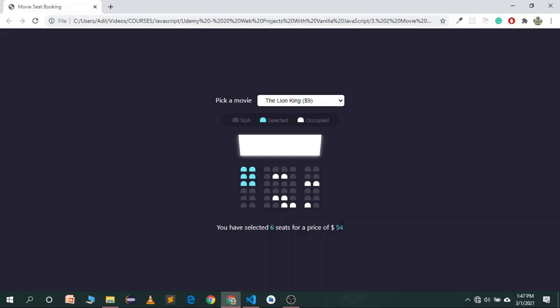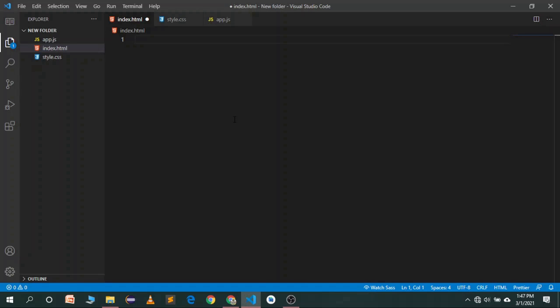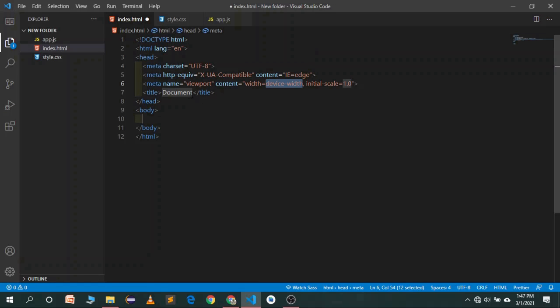So without wasting the time, let's get started and go to our code editor. I'm using Visual Studio Code. You can use any of the code editors that you want. First of all, I will create a boilerplate of my HTML file. I will change the title to movie seat booking,